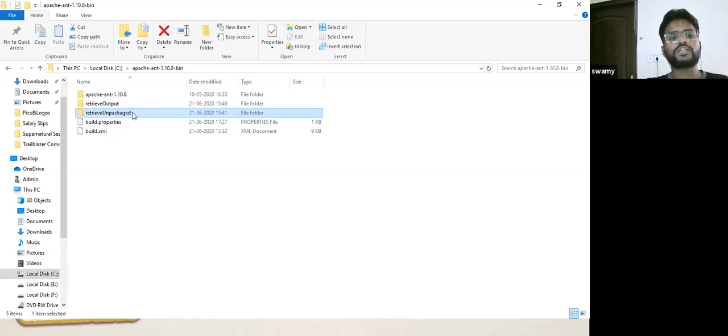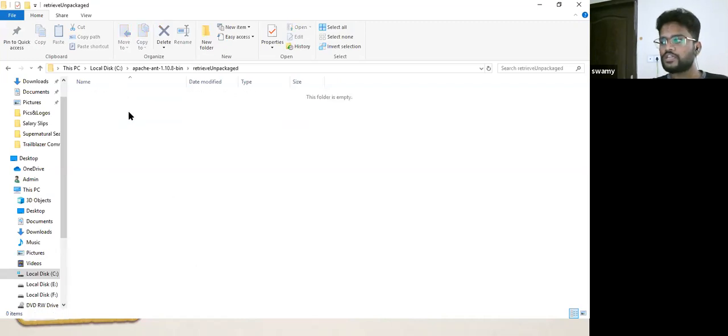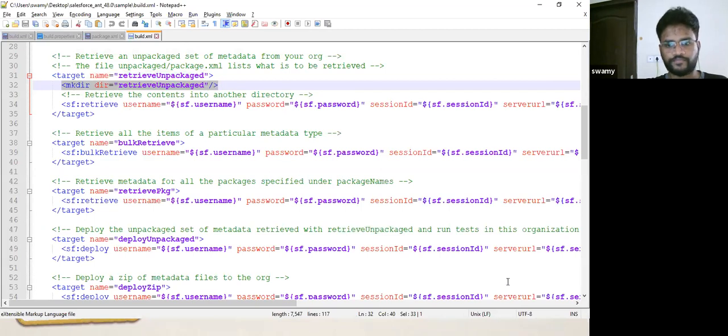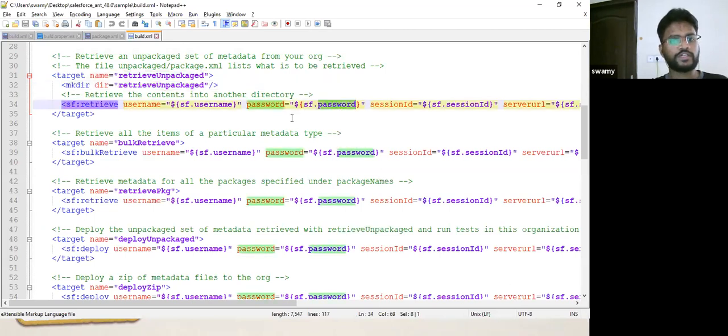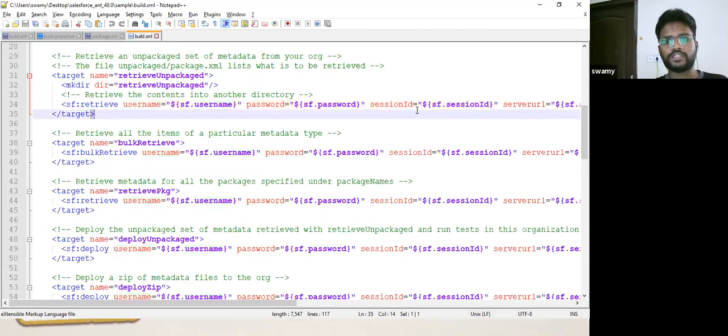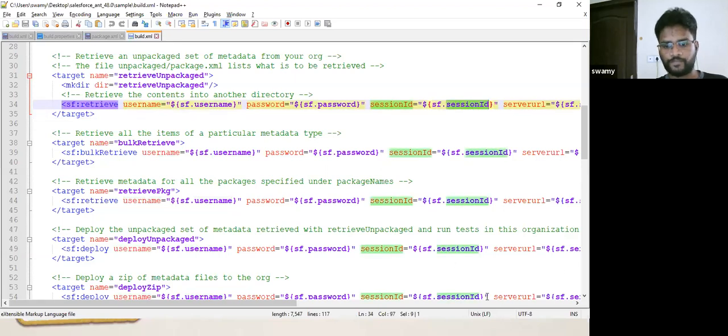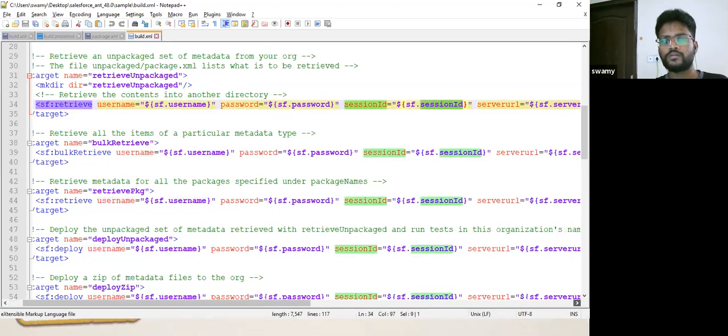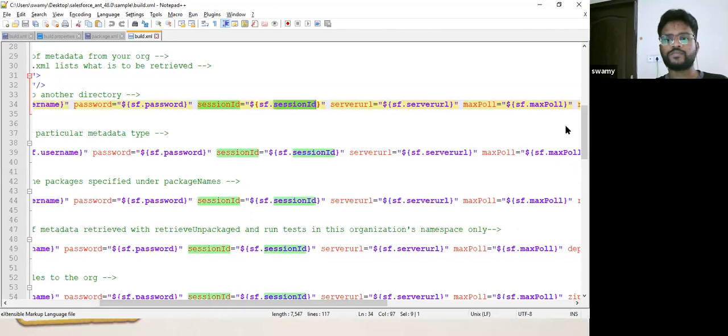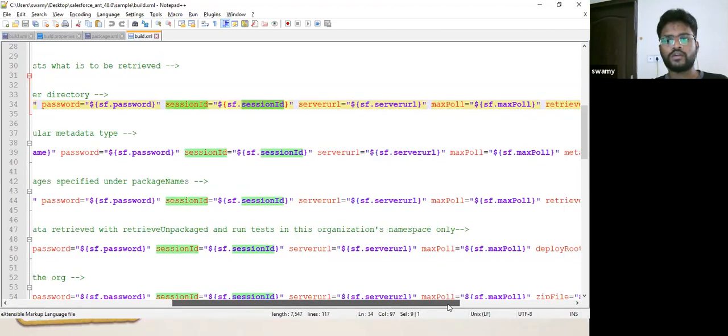When I run that command, it will retrieve all the components from my org and save them here. It will take the username, the password, the session ID if any, the URL, and the max poll.